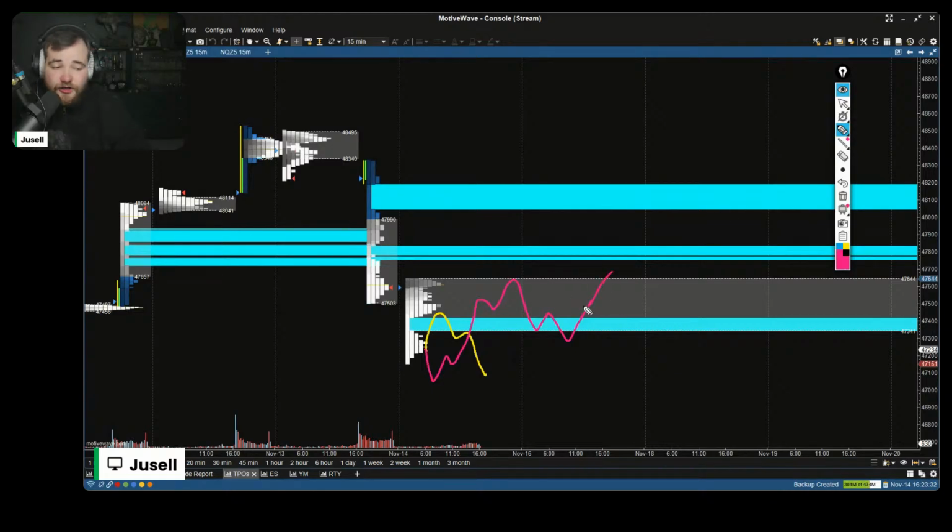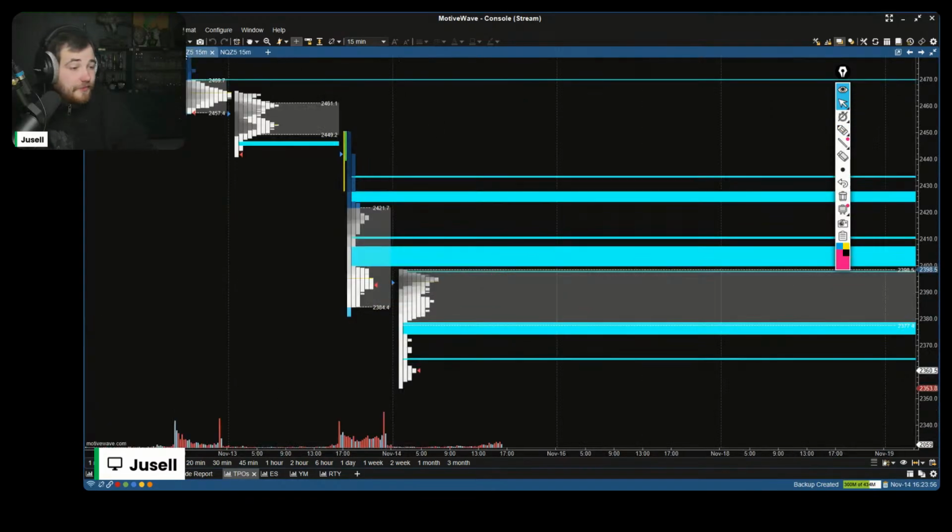We could even close the gap and we could even take these single prints or even touch these. Everything's possible. We do have some nice volatility in the market lately, so we could get some big moves, but the probability for that is not something I would trade specifically. The risk reward would be amazing, but probability wise, I'm not seeing it. But just something to keep in mind if you're trading today. And then RTY, exactly the same story.